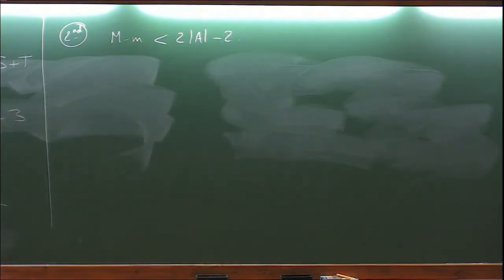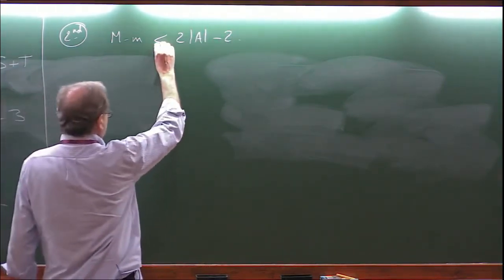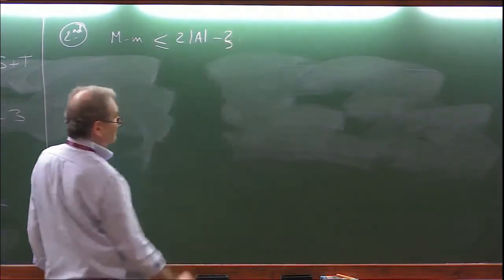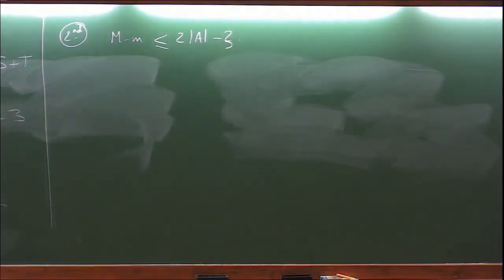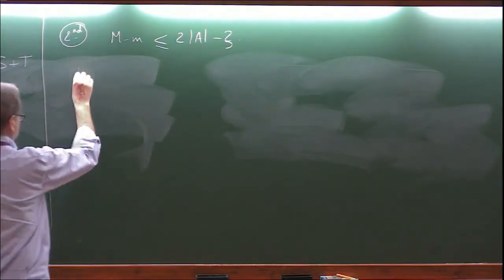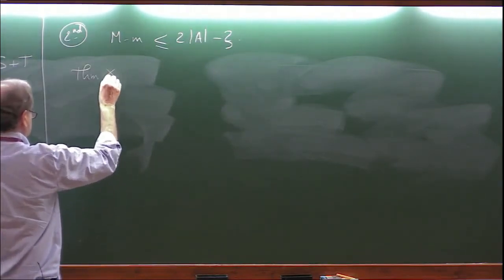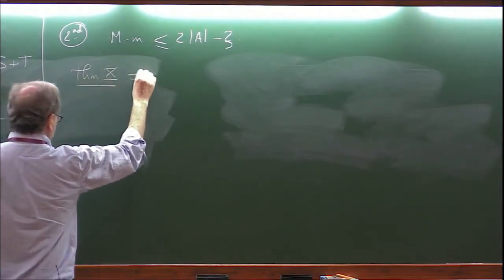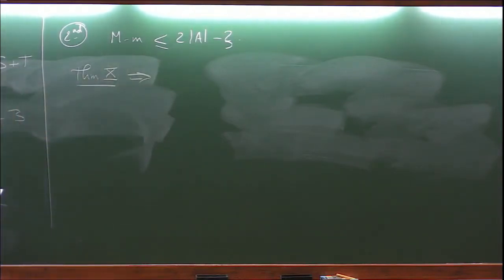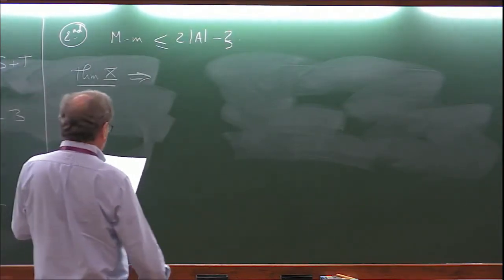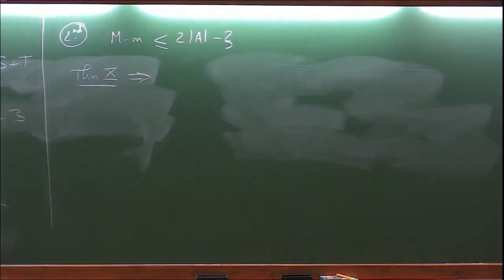Good. And since this is less than 2a minus 2, or is at most 2a minus 3, you can write it like that if you wish. Here you have just integers, so there is no problem. It works well to write it this way. Okay? And now you can apply Theorem 10. Okay, what does Theorem 10 tell you?